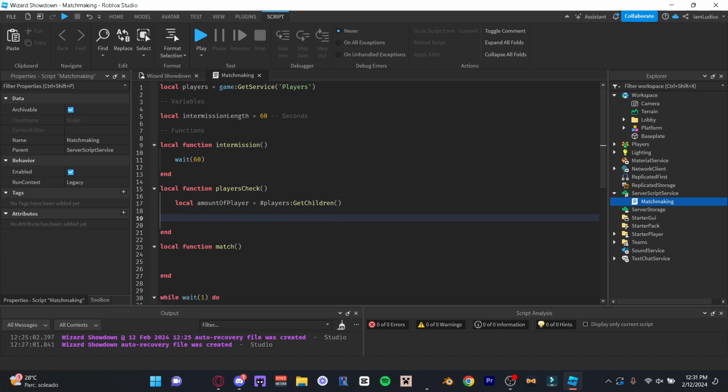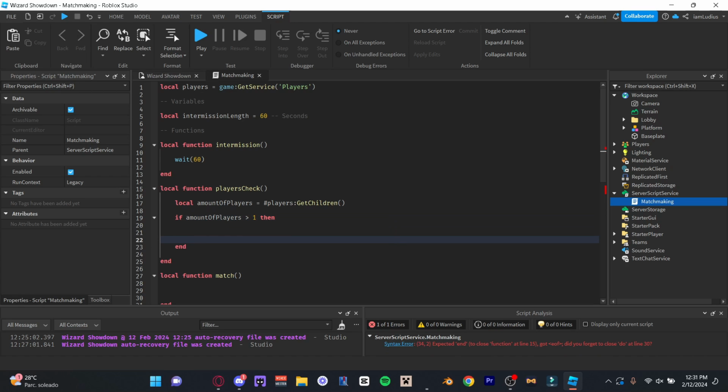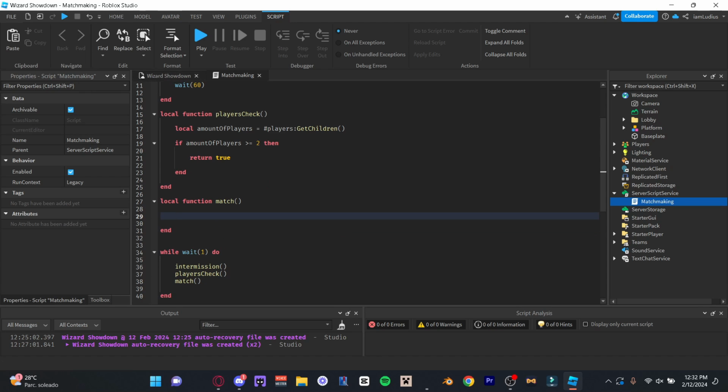And then if amount of players is greater or equal, actually let's just have it greater than 1, meaning 2 or more, right? Actually, let's just put this greater or equal to 2, just so you don't get confused, because maybe you're new to scripting. I don't know which one's more clear, but they're basically the same thing. And now here we're going to return true. Actually, something that I forgot to do over here